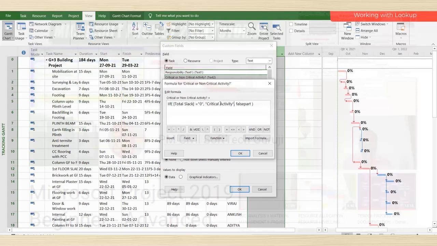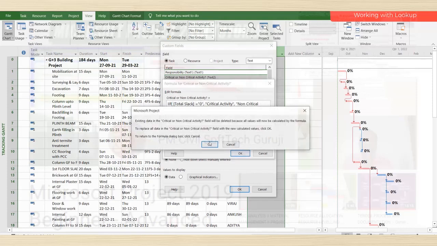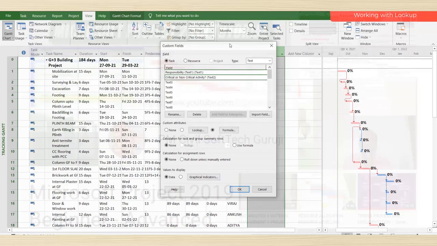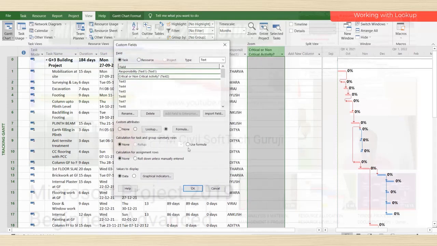Double inverted comma complete. Then comma. Then the false part, what is it? In double inverted commas, non-critical activity. We have to delete this extra one. Double inverted comma complete. Then this is done. Now we only have to click OK. OK, and see what happens with this column.